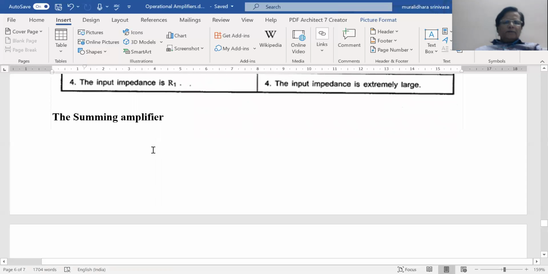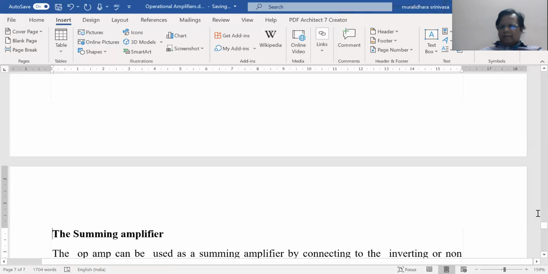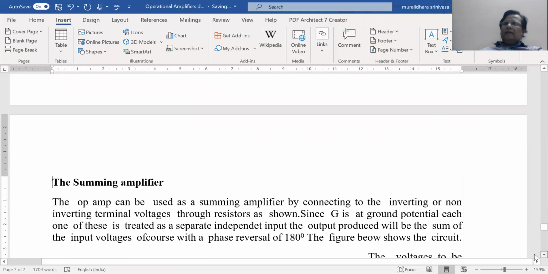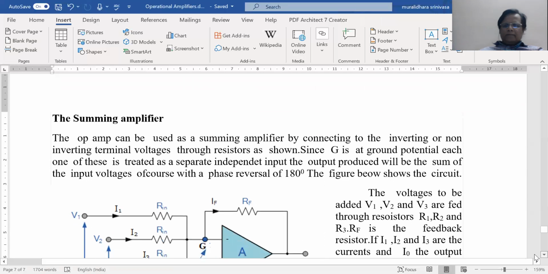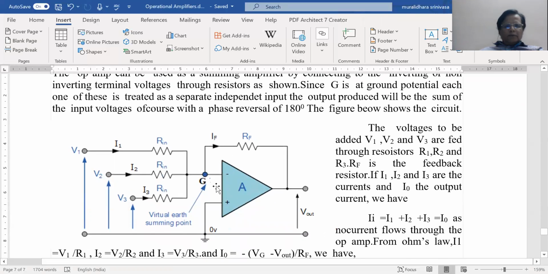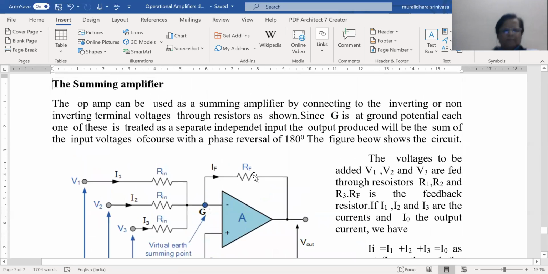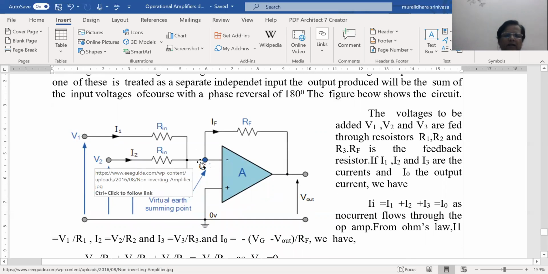So then we come to a circuit that is pretty similar to the ones that we have discussed, which is the summing amplifier. The syllabus clearly says that it is a negative summing amplifier. Therefore, it is clear that we give the input to the inverting terminal. So what do we do here? In this op amp, I have come to this convention of calling the summing point as G. I will stick to this convention from now on. So G is the summing point, which is the virtual ground.